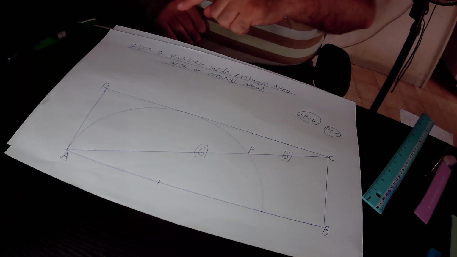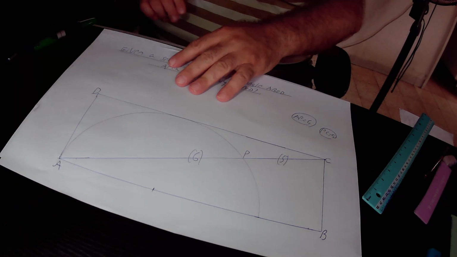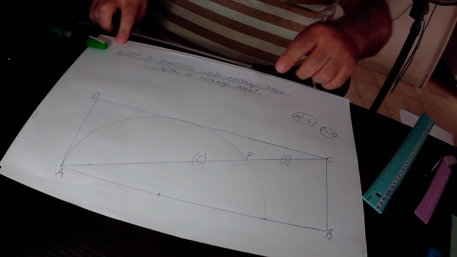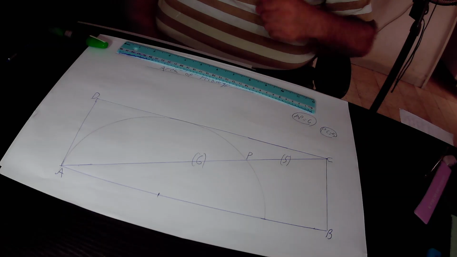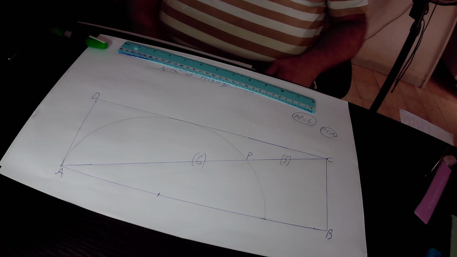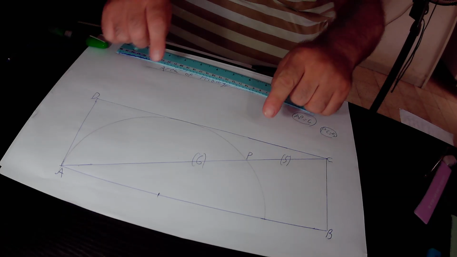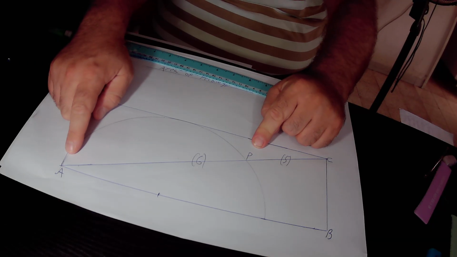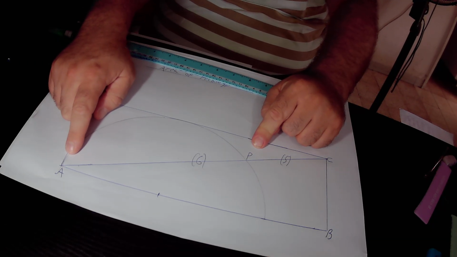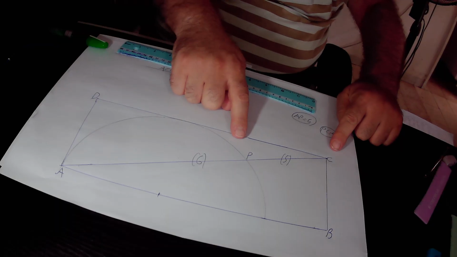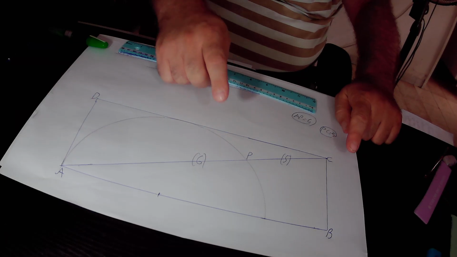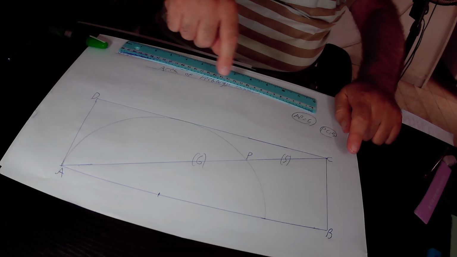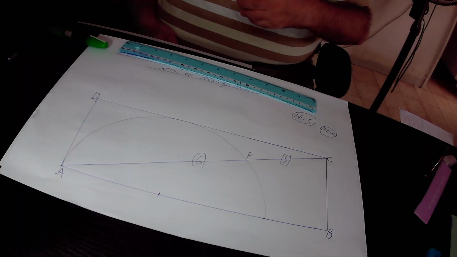In the drawing, we have rectangle ABCD, and inside this rectangle, we have this semicircle. In addition, you know that this segment AP equals 6 units in length, and this segment CP equals 5 units in length. Again, our mission is to find out the area of this rectangle ABCD. So first of all,